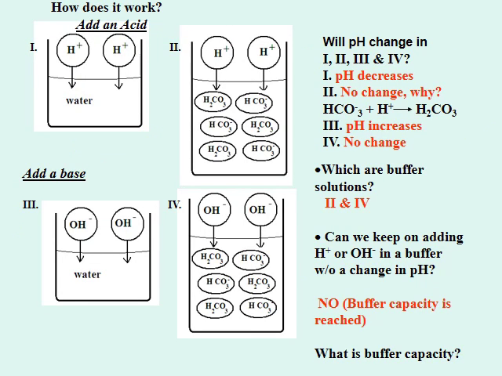Now, if you look at number 1, you are adding H plus from the top, and there is just water in here, so there's nothing else. So as you are adding H plus, obviously H plus concentration in water is going to increase. In other words, water is going to be more and more acidic. More acidic means pH is going to decrease. So pH in case 1 decreases